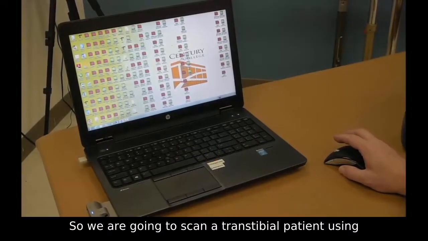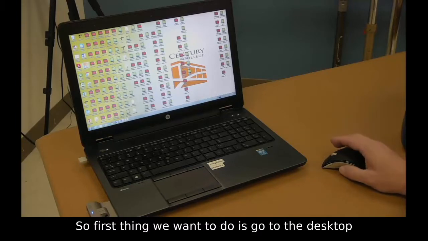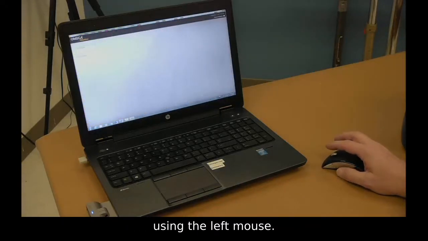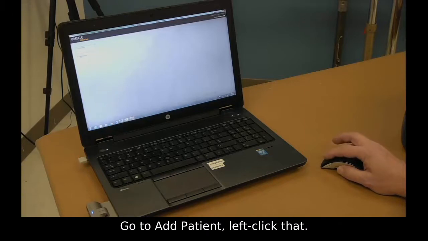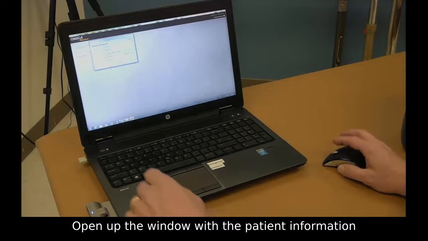All right, so we are going to scan a transtibial patient using the OWW software. First thing we want to do is go to the desktop, find the Omega icon, double click using the left mouse, go to Add Patient, left click that, open up the window with the patient information and go to